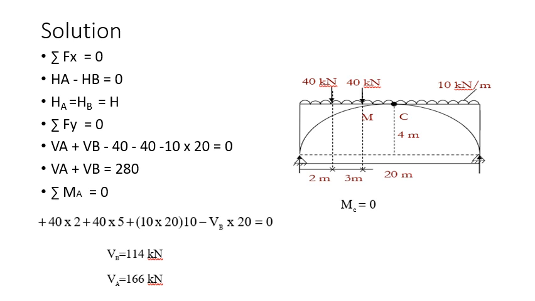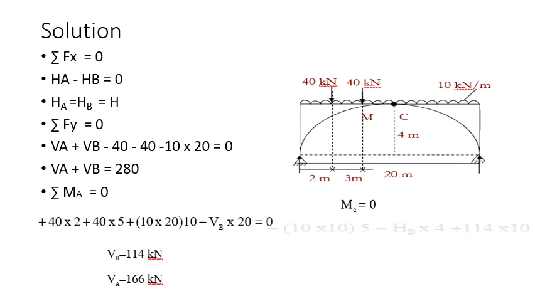So if we substitute in the equation VA plus VB is equal to 280, we get VA as 166 kilonewton. Next, apply the condition: moment about the hinge at the crown as 0. You can consider either the left of the section C or the right of the section C. As you can see here, the right of C has the fewer forces. If you consider the left of C, we get the moment of VA, H, 40, 40 and the UDL for the half span. You have to calculate the moment of total 5 forces. But if we consider the right of the section, VB, H and the UDL.